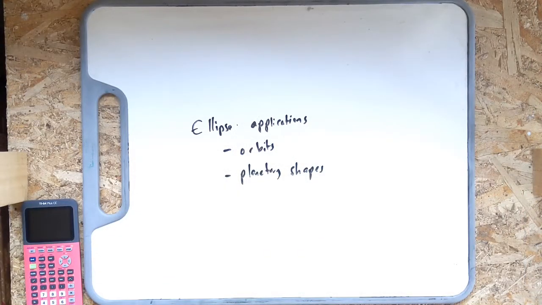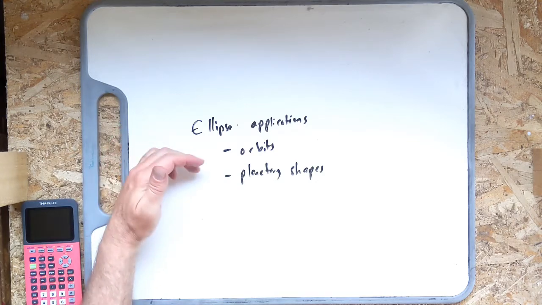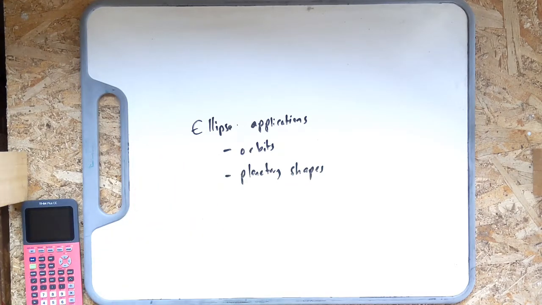Today we're going to do an application of ellipses. This is a very practical one. We're going to create equations, elliptical equations, for the orbits of the planets. And we're also going to create elliptical equations for the planetary shapes and then use those for some various scientific